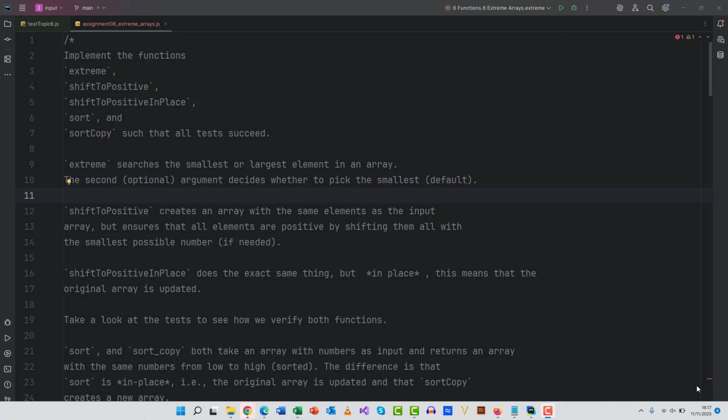Hello and welcome to assignment 6 of topic 6, first video in which we will tackle the first function, and this exercise is mainly about functions handling arrays. So we are asked to implement several functions. I'm going to focus on the first one, extreme, and extreme searches the smallest or largest element in an array,